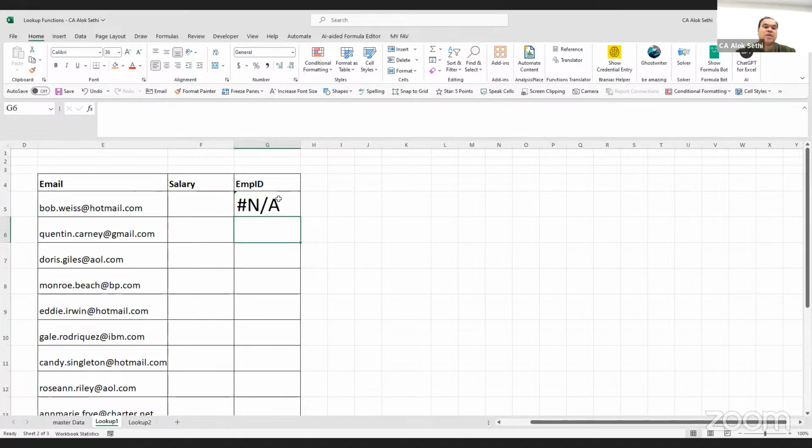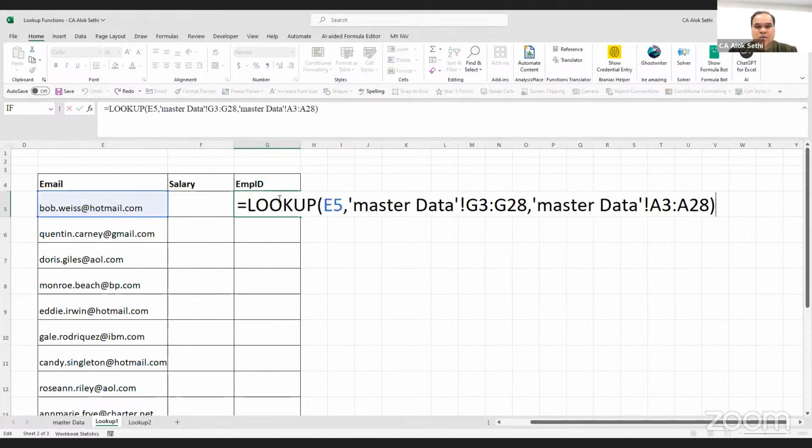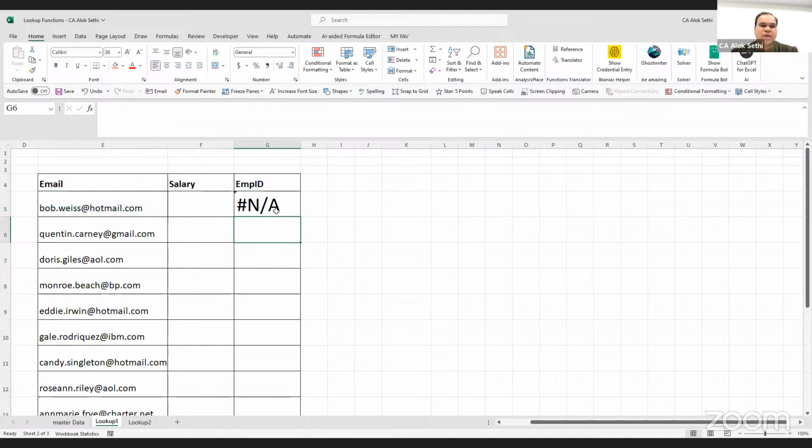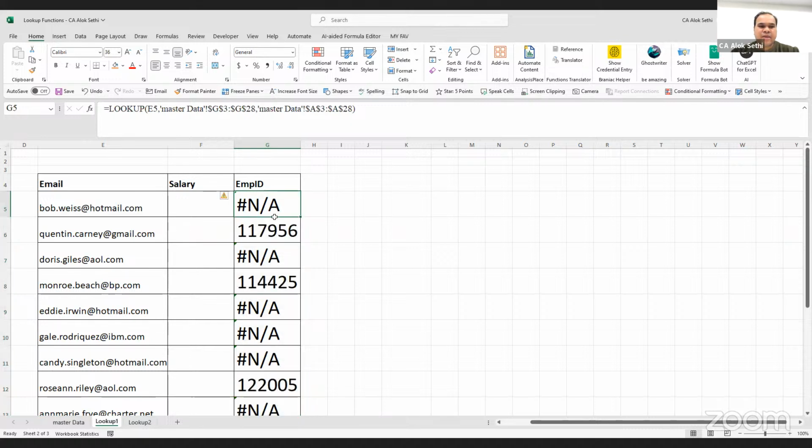And I'm getting NA. Getting it? I'm getting NA. So why I'm getting NA, anyone? Why I'm getting NA? यहाँ रिजल्ट क्यों नहीं आया? I had selected the employee ID and I had selected the email ID. So from the basis of email ID, I wanted to find out the employee ID, but I'm not able to do so. पहले वाले का नहीं आया, दूसरे का आ गया, तीसरे का आ गया, ये वाला नहीं आ रहा है।